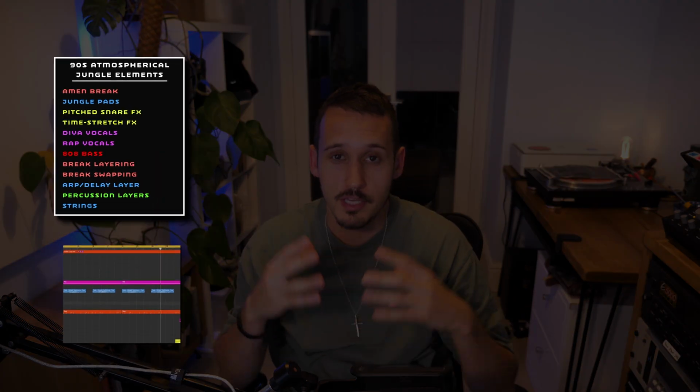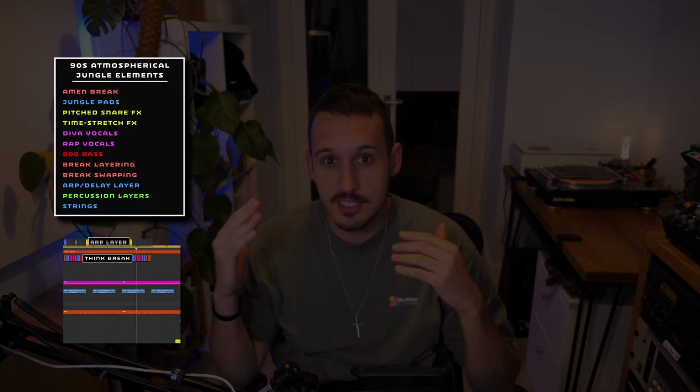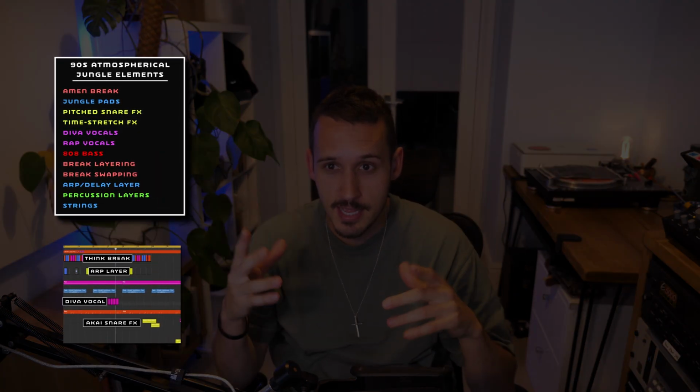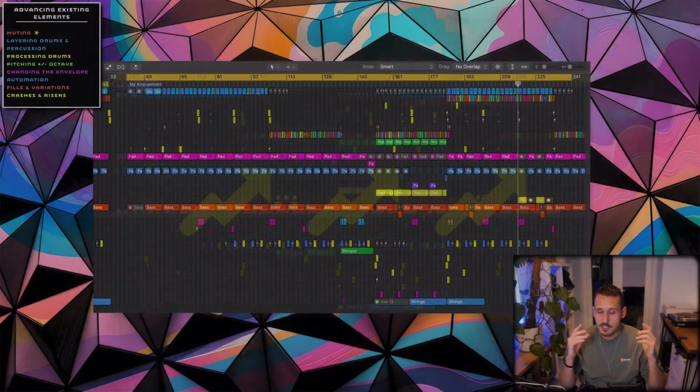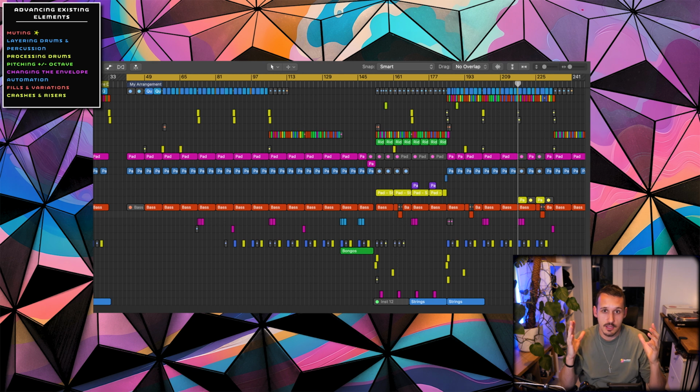Whilst building more complete tracks, it's often about adding lots of elements like I just showed you and increasing the density of a track to make it more interesting to the ear. It's also about progressing the elements that are already there. Now there's a whole bunch more tactics and strategies I can show you with regards to this, but the most